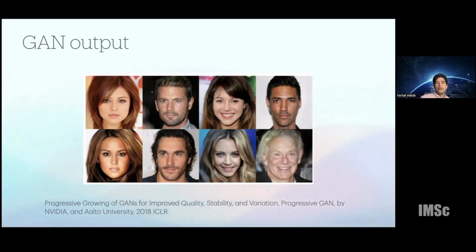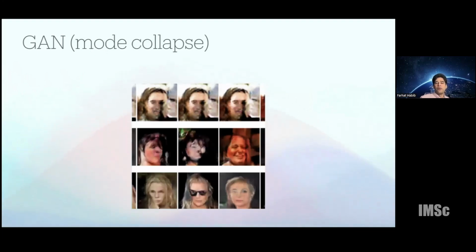I'll also show you some examples of what happens when a mode collapse happens. For example, here on the top row, you find the same kind of image being generated again and again. That's maybe because this particular type of image was able to pass through the discriminator, where the discriminator decided that this was okay. And then the generator stopped learning, and so on for different kinds of images. So in this case, the GAN stopped converging as you would want it to.